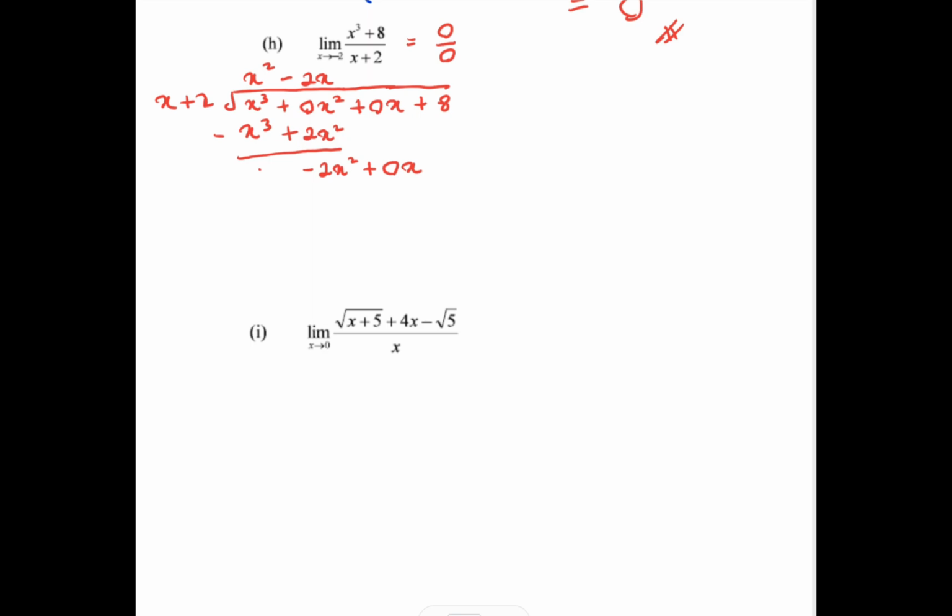So this one we can get minus 2x squared minus 4, sorry, here it is minus 4x. And then down here becomes 4x plus 8, and then minus 4x plus 8, so done here. So your limit becomes